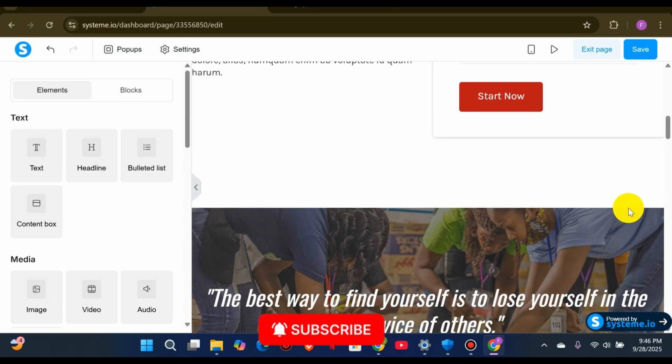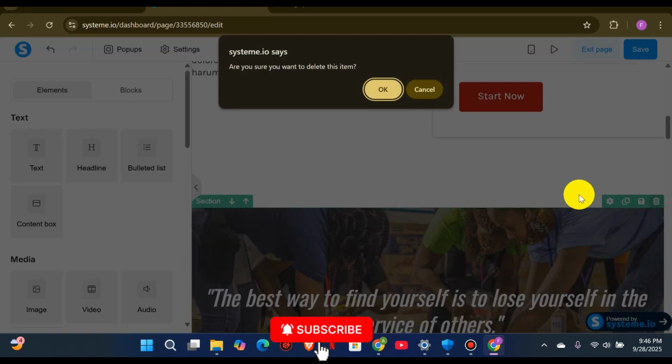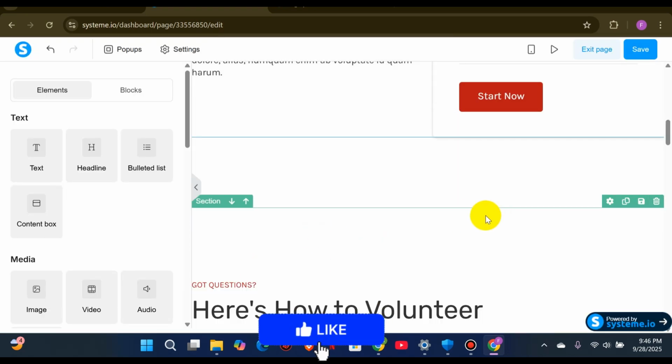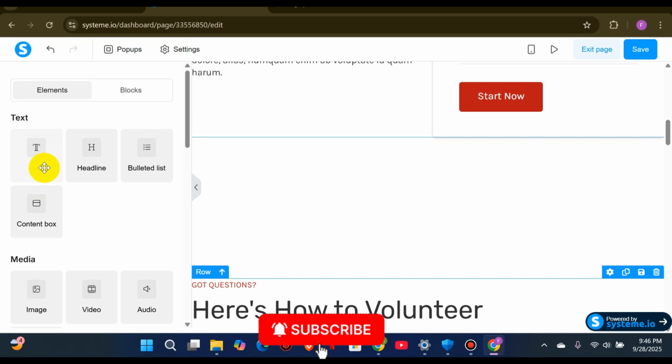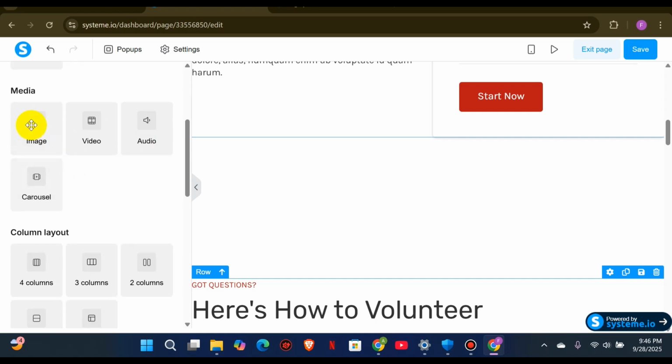All right, once you scroll down, you can see a lot of things that you might not need. So let's say I don't need this particular picture. I'll just go ahead and delete it and fit in whatever I want. Now I have text here. Once you click on it, you'll be able to type in whatever you want, and take that particular text to any place or any format you want. You have the headlines, the bulleted list, you have the image. Say you want some picture, you can insert it so that people will see it and find it very catchy. You have the videos, which will also help you make your work very unique. The audios and a lot more.